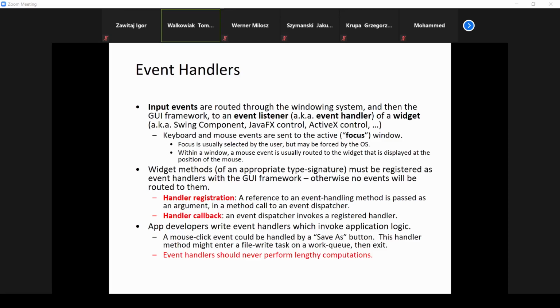Of course, your aim as a coder of the graphical user interface is to present something on the screen and react to the user. So you have to write event handlers that follow the application logic. For example, you have a mouse click event connected with the Save As button. It means that some function that does the saving will be called. What is important, and I will repeat it once more today, is that event handlers should never ever perform lengthy computations, because